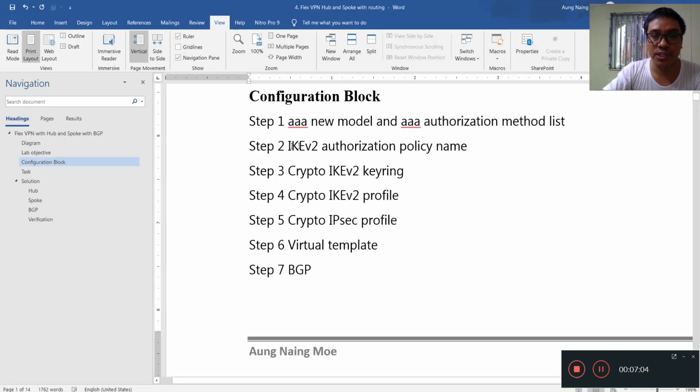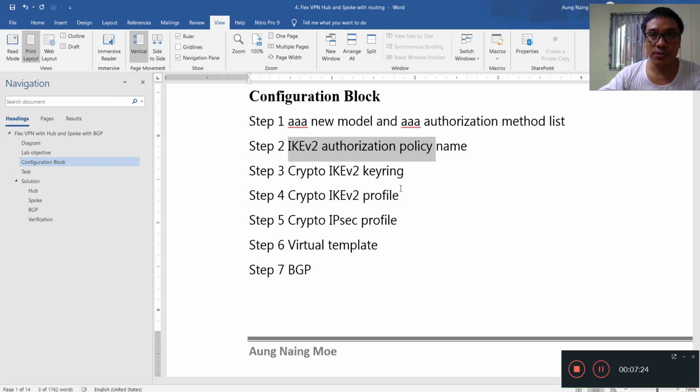Step 2, we need to configure the IKEv2 authorization policy. Under the IKEv2 authorization policy, we need to define the route set interface, match address, pool name, and so on.